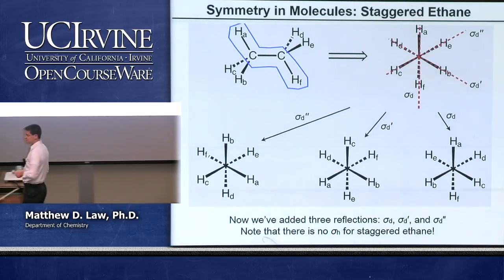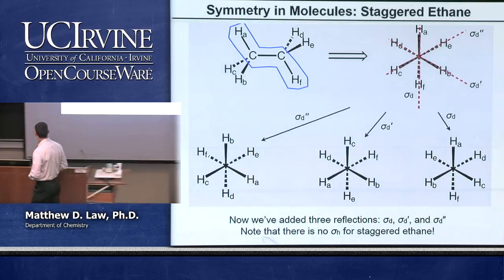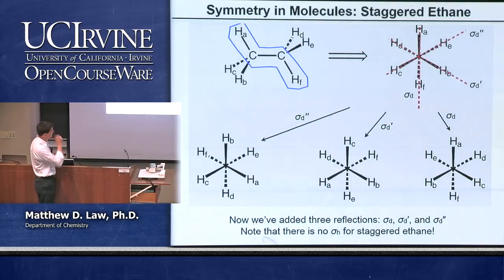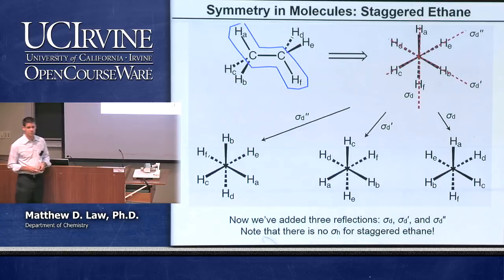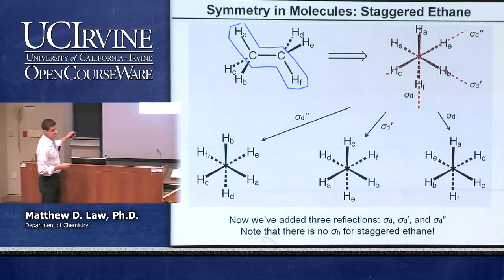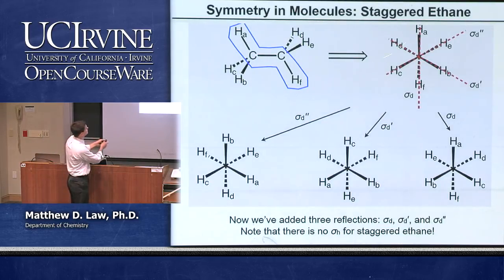What reflection planes are there, mirror planes in the molecule? Well, there are 3 mirror planes that are just like the C2 axes, perpendicular to those C2 axes. So there's one mirror plane in this plane. And you can see here that if you reflect across this plane, HA and HF stay where they are, the carbons stay where they are. But HB and HC are interrelated, and HD and HE are interrelated. This plane here is this plane that I've drawn right here.